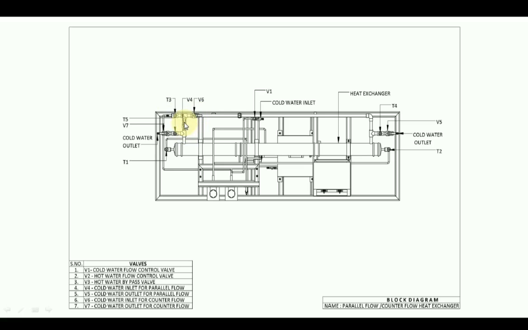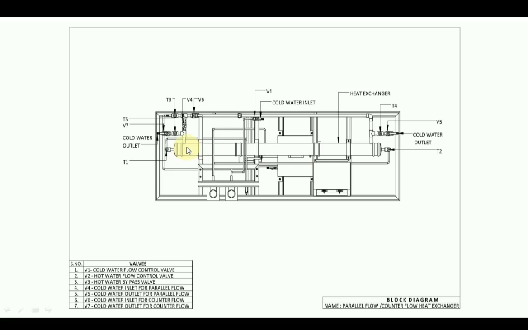If you want to operate the double pipe heat exchanger in a co-current manner, then what we need to do is close the V6 valve and open this V4 valve. Then the fluid will enter at this end, travel in this direction, and ultimately come over here. As valve V6 is closed, fluid will not be able to move in that direction, but fluid can move in this direction. In that case, we need to open this valve V5. So for the co-current manner, we can operate it in this way.